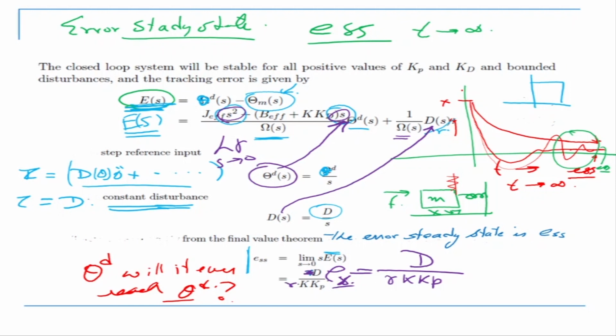Now what does this mean? This is a steady state error, which means as time goes to infinity, this error will always be there. This error is never going to become 0. Which means that in a PD controller, this line will never go and meet that line. There will always be some error. How much error is there? This much error is there, always, irrespective of what you do.